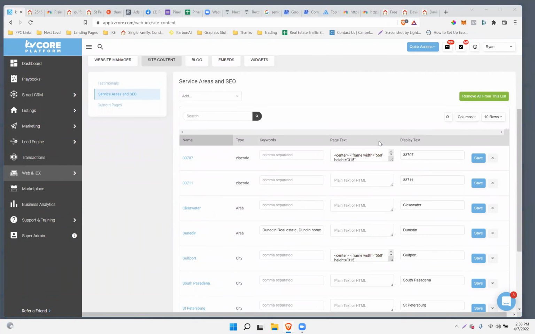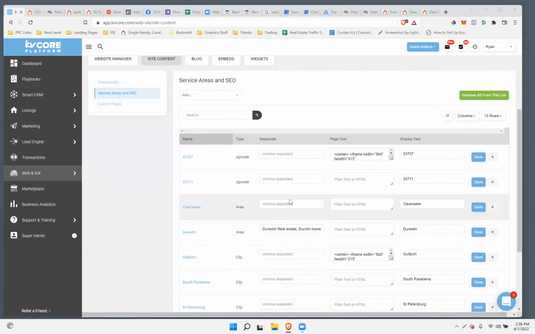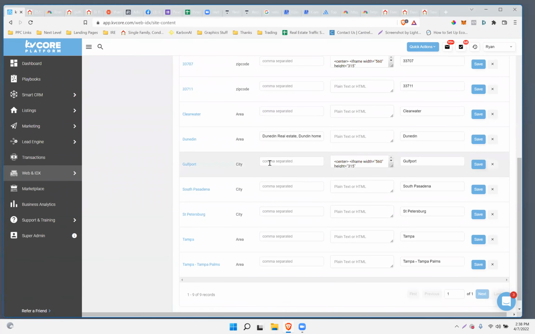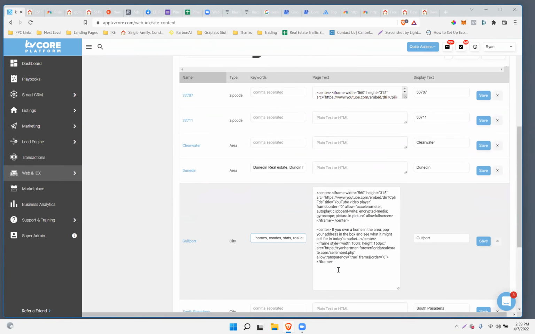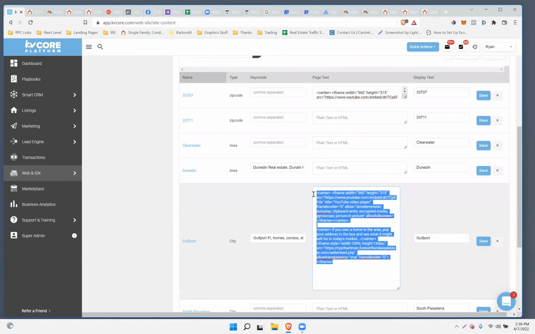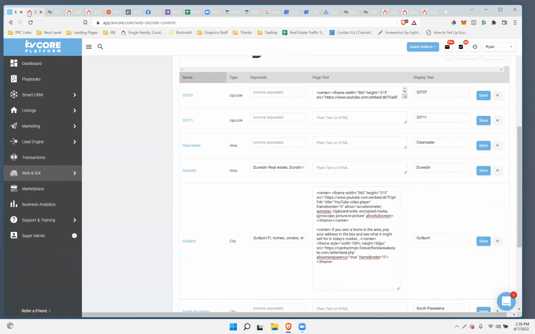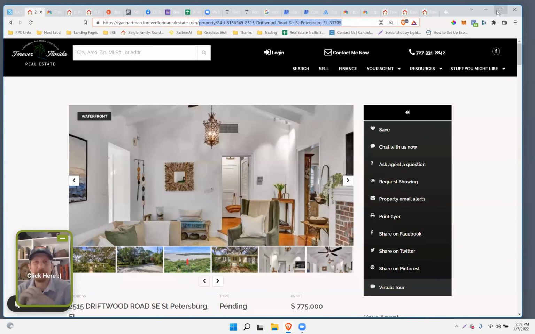Okay, for sure. So the keywords, this is just for Google, more or less, so they know what the page is about. So Gulfport, Florida, homes, condos, stats, real estate. So something like that. Again, not going to be huge for SEO, but yeah, it's a cool thing to add. And then this column, this is content that goes up at the top of what's there by default. So in the example here, my Gulfport page,